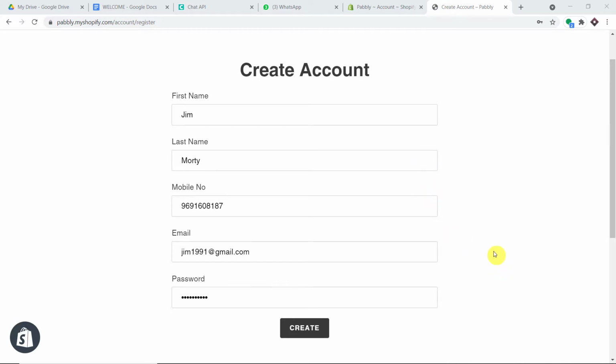In this video we will learn how to automatically send a Google Docs file as an attachment on WhatsApp for a new Shopify customer. Basically this is the idea. If a person registers on my Shopify store, the same person will get a message from me on his WhatsApp number. This WhatsApp message will contain the link of the Google Doc that is present in my Google Drive. Let me show you with an example.